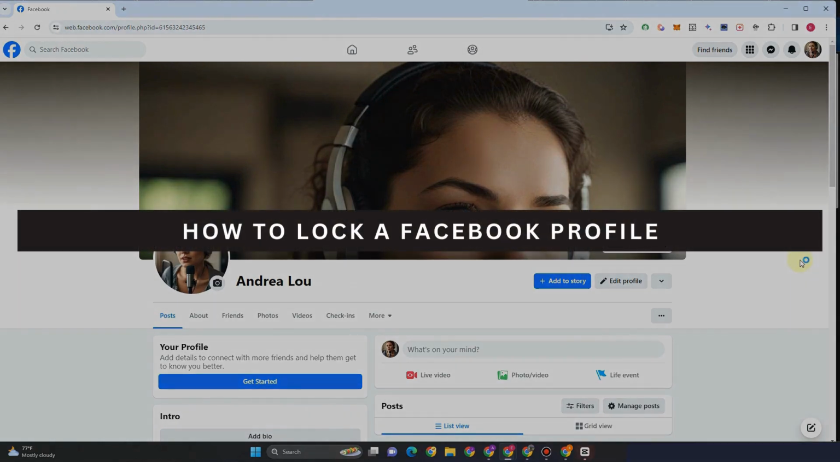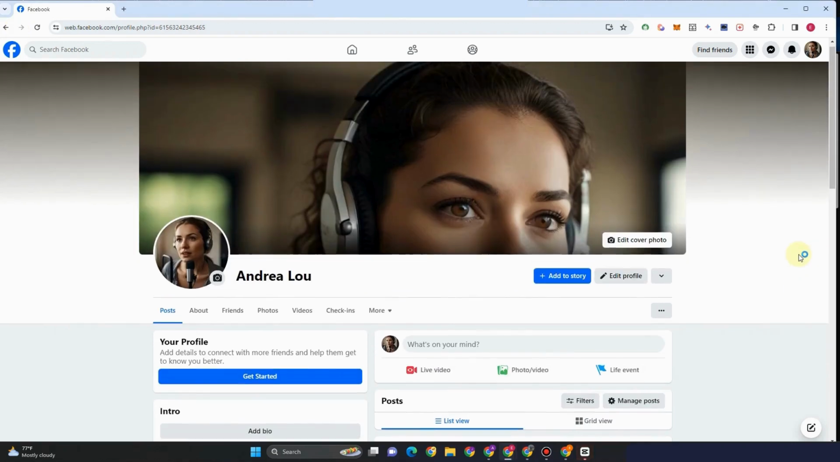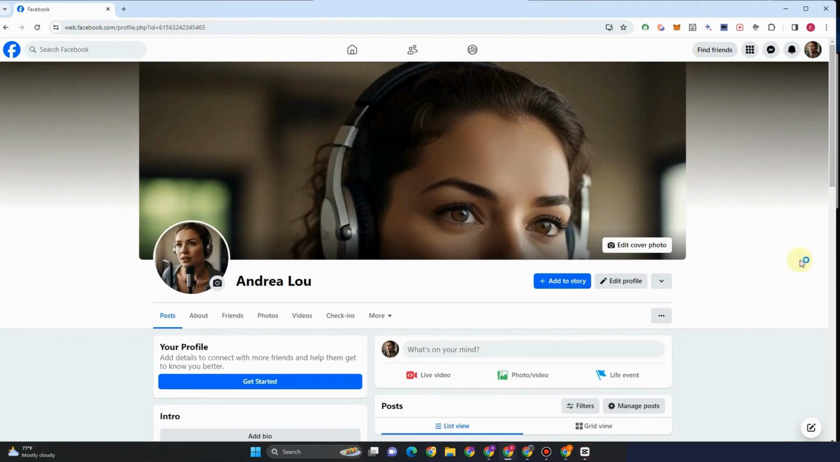How to lock Facebook profile. So this is a very easy tutorial. If you don't want your information to spread, or if you're a private person and someone